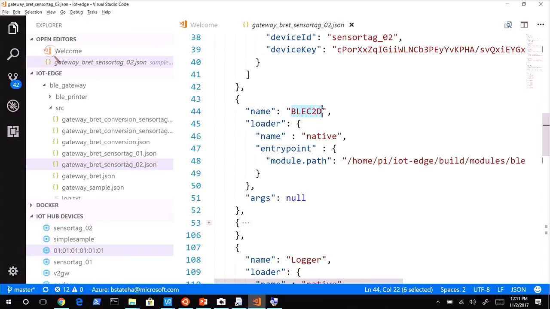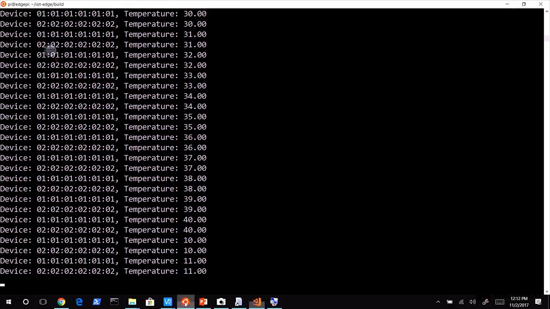And so it's possible then for me to say, well, hey, if I get a message in from the cloud, maybe it would be the GATT characteristic and the value that I want you to write, I could turn around and write that back down to the device itself. So this module implements that back channel for me. So if I jump back over here,